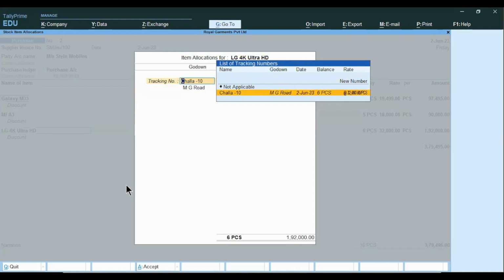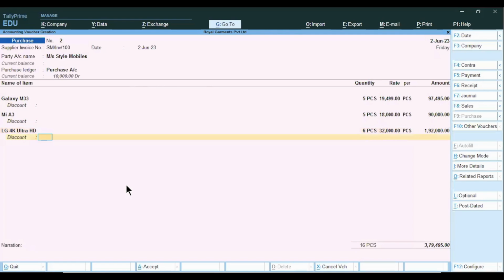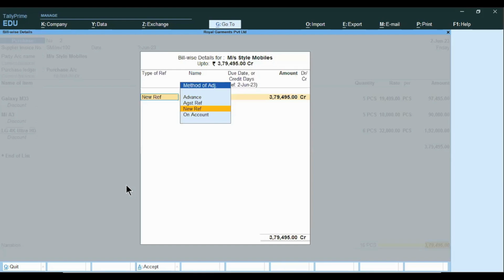Now this is very important. As we have ordered 8 goods, received 8 goods, and then we have rejected 2 goods, it should be 6 goods available to be invoiced. So yes, it is 6. Enter. Enter. The second screen appears where we need to